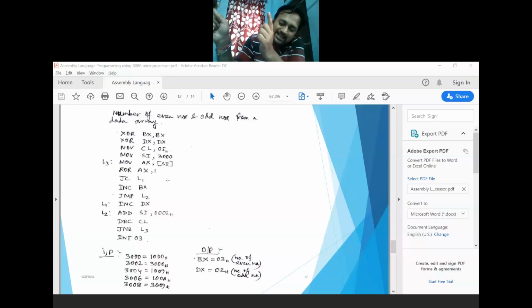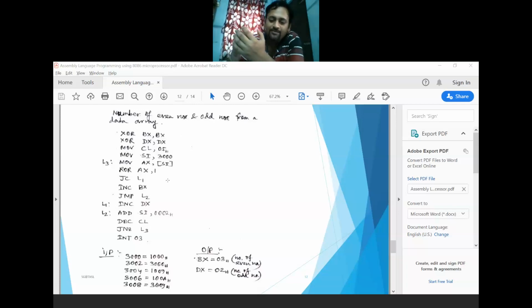So if there is any carry, I can easily identify that the number is odd. If the LSB bit is 0 and I rotate the content, the LSB bit goes to the carry bit, so my carry bit is now 0. That means there is no carry.